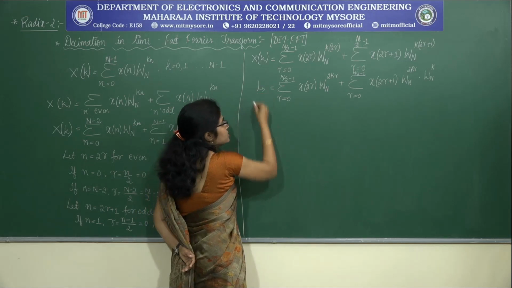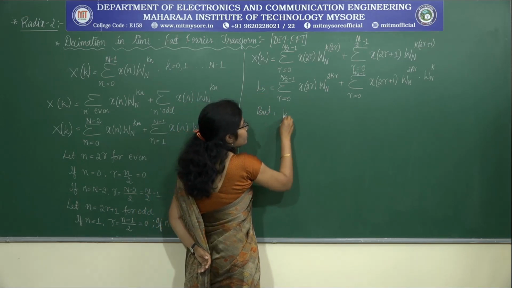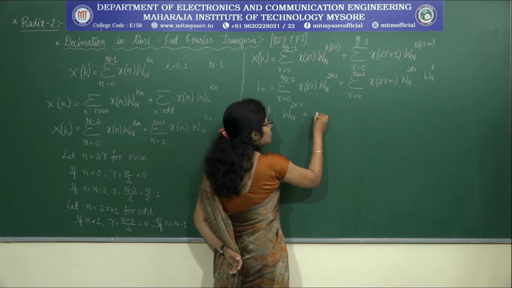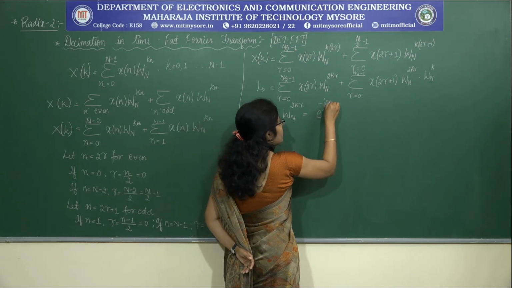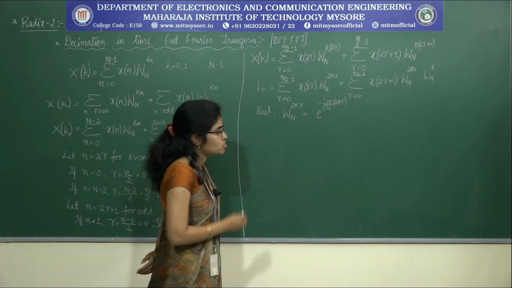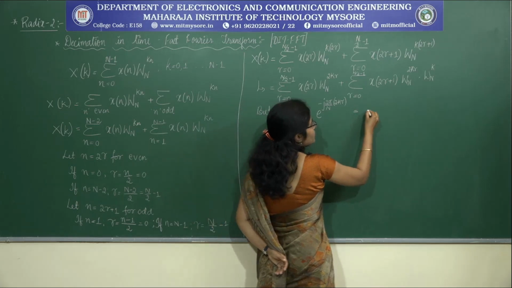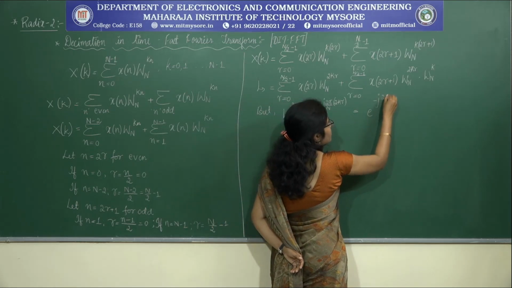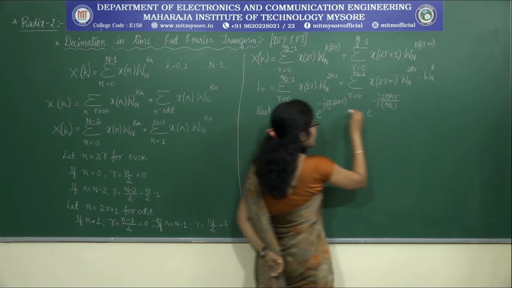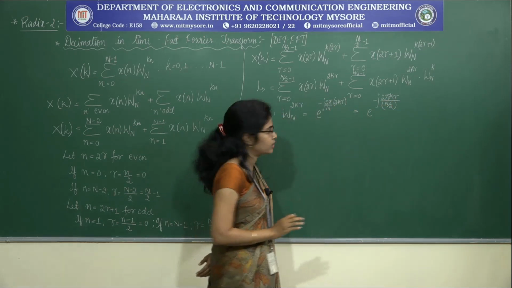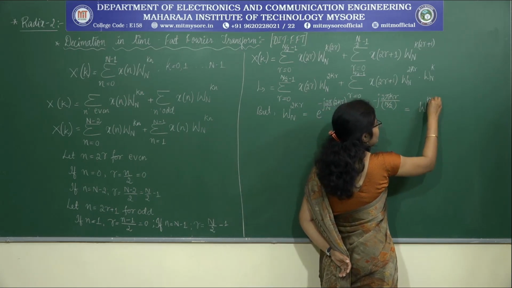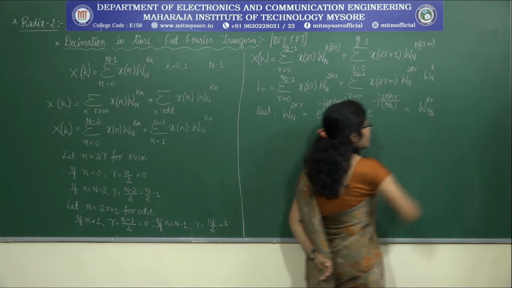But what is omega n to the power of 2kr? It is nothing but equal to e power minus j 2 pi by n into 2kr. Yes or no? Can I write it like this? This can also be written as e power minus j 2 pi kr whole divided by n by 2. What I have done is moved this 2 to the denominator term. So can I rewrite this in terms of twiddle factor as omega kr n by 2?